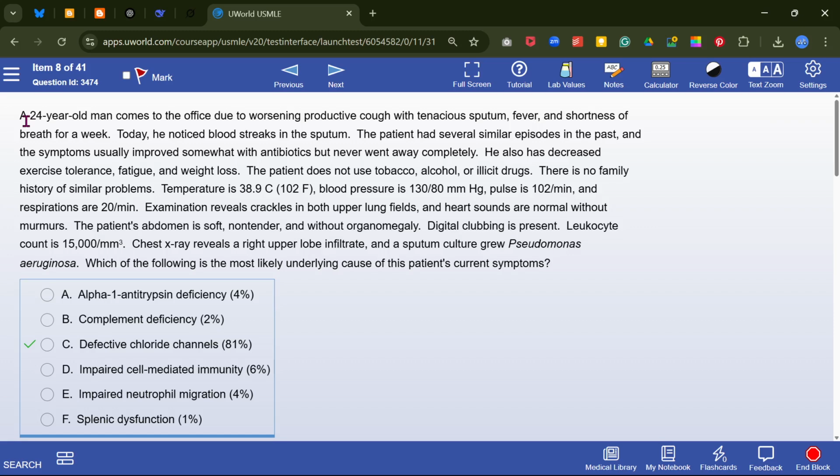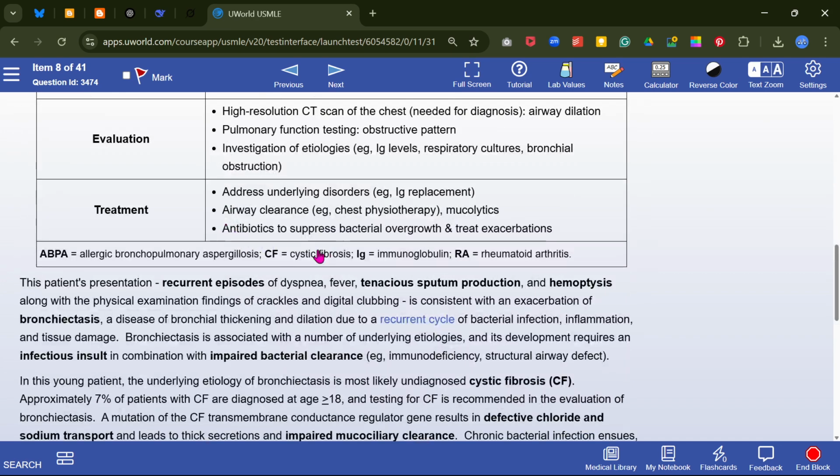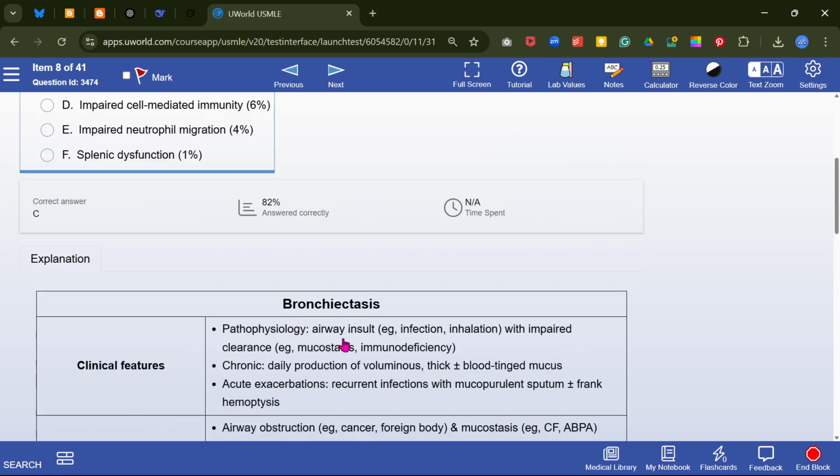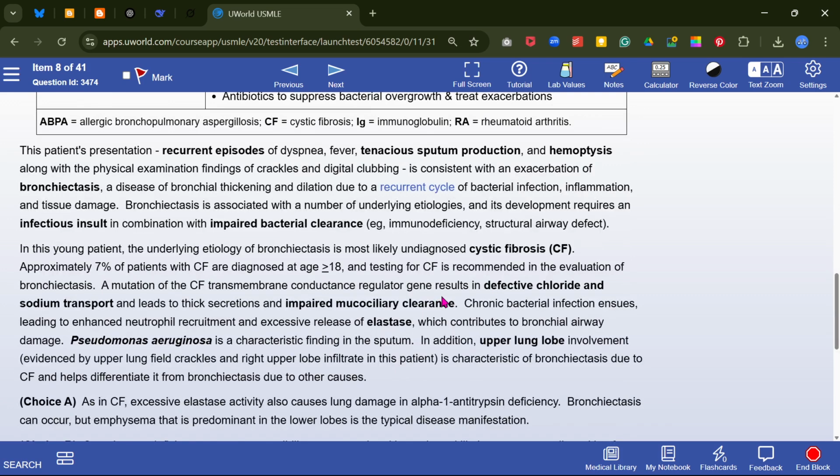So this 24-year-old boy has a respiratory problem. There is diffuse crackle. The abdomen is soft, non-tender without organomegaly, but there is clubbing. Infection is present. It looks like defective chloride channel, cystic fibrosis, and cystic fibrosis is one of the risk factors for bronchiectasis. So this patient presents with recurrent episodes of fever, tenacious sputum production, hemoptysis, and on physical examination